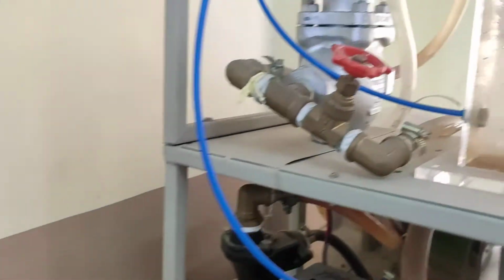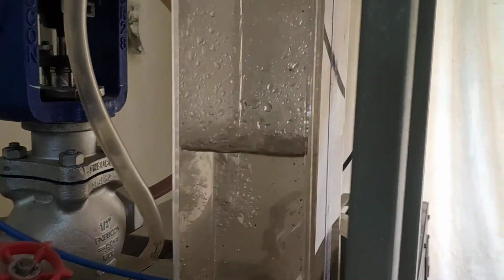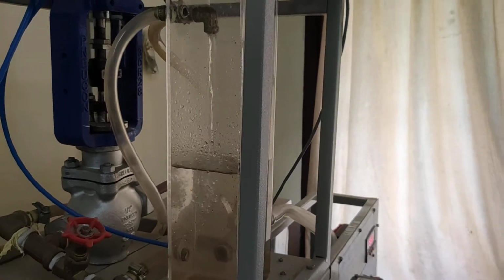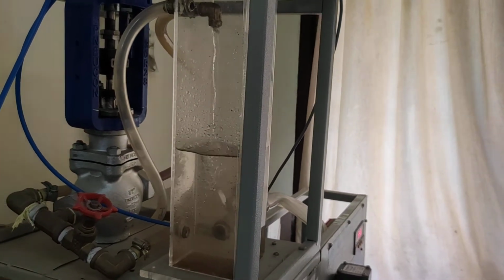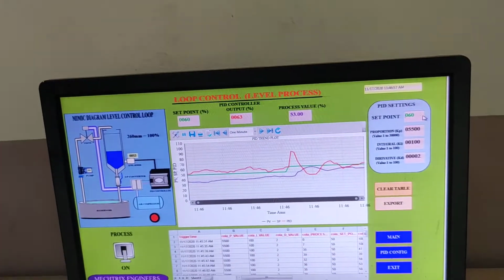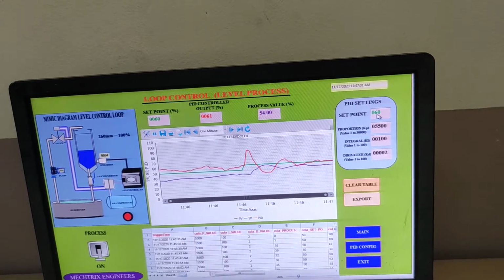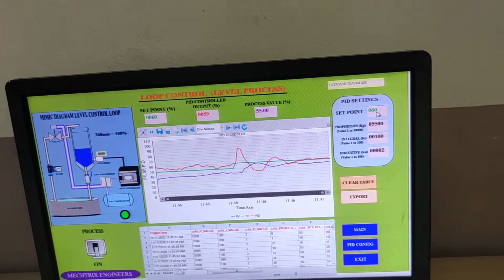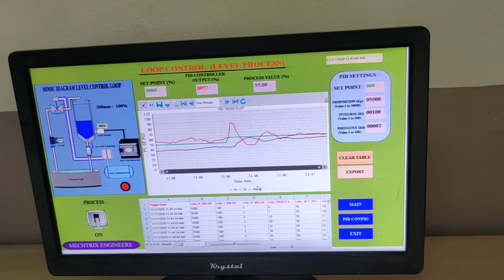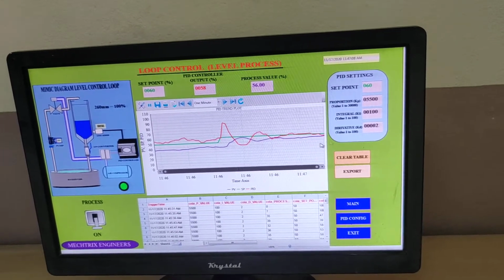Here the set point percentage should not exceed 80, that means the set point value has to be less than 80%. Now the related values are shown in a table.